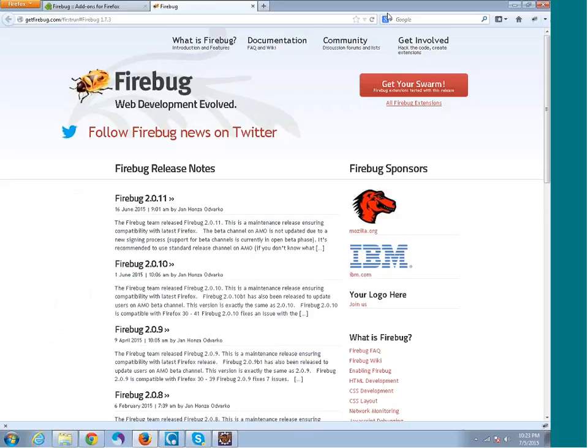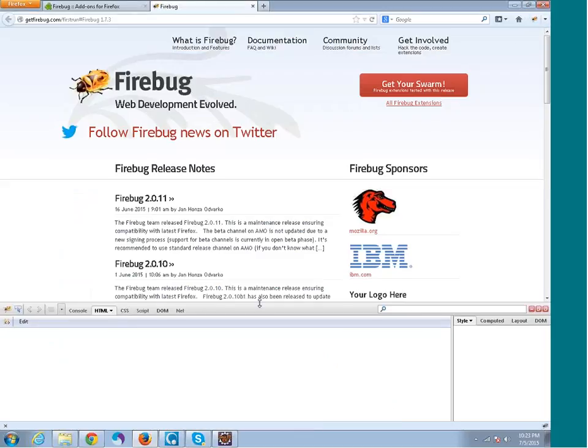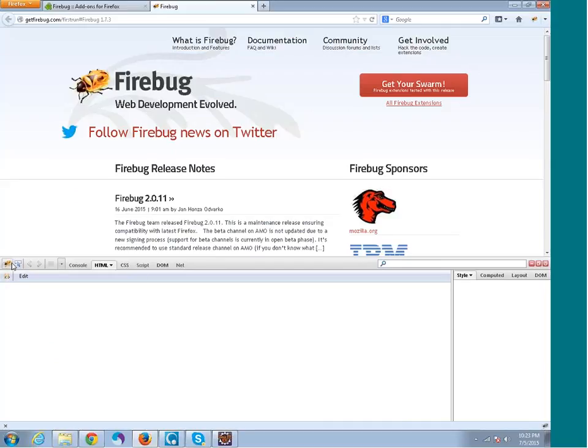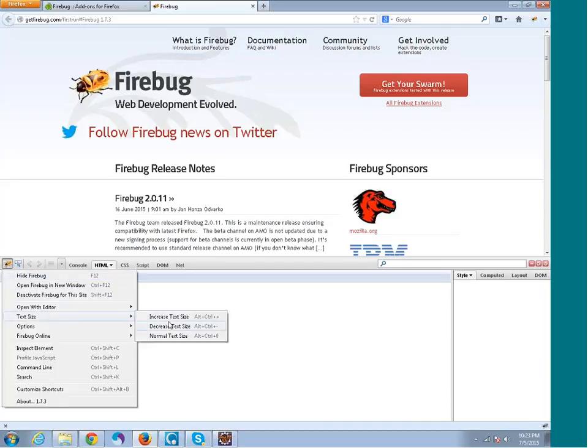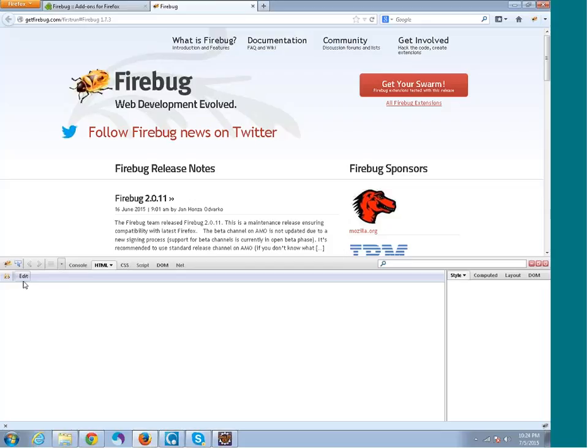Yeah, it's open. Now when Firefox opens up, you will see a small icon over here, a Firebug icon. You can actually click on it. When you click on it, a window like this will open up. This is the Firebug window. Just a minute. Let me increase the text size. Right. Now when you investigate the page source,